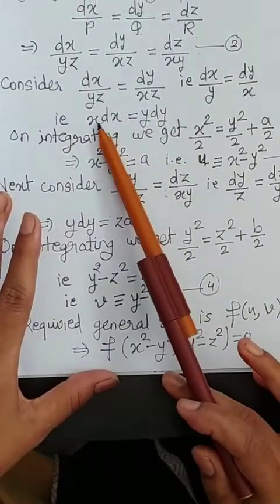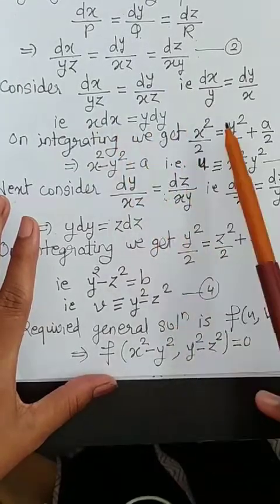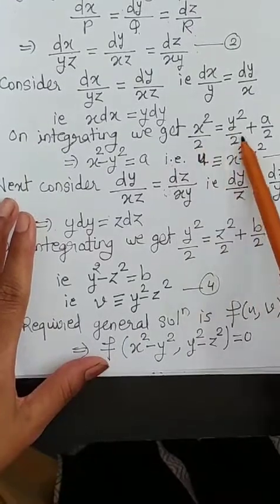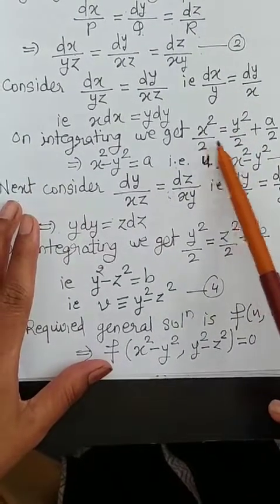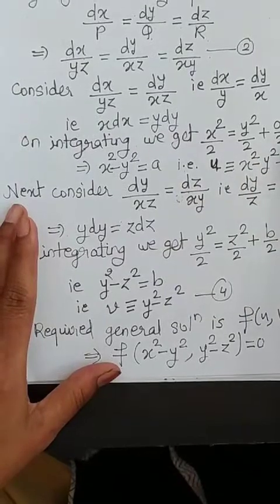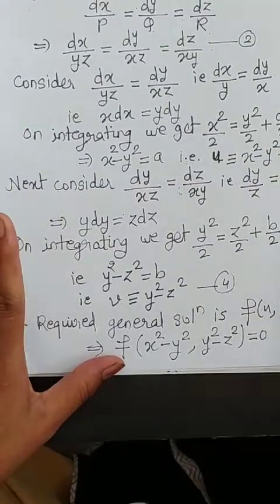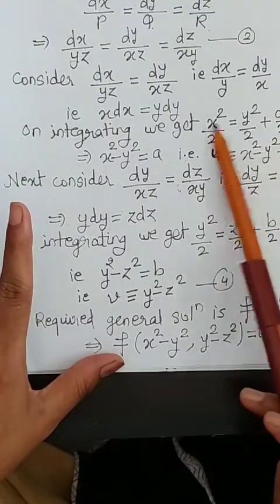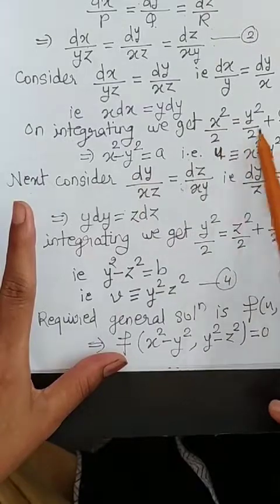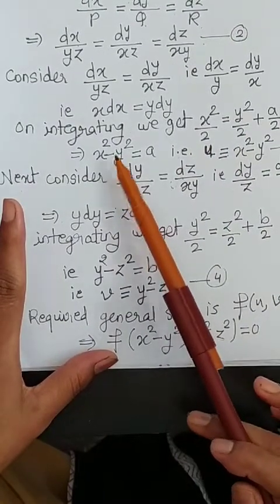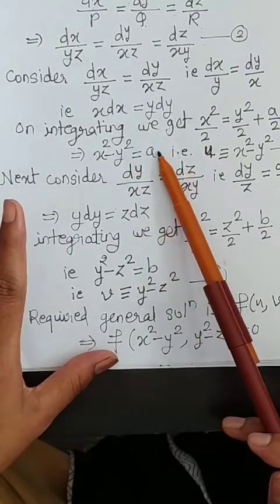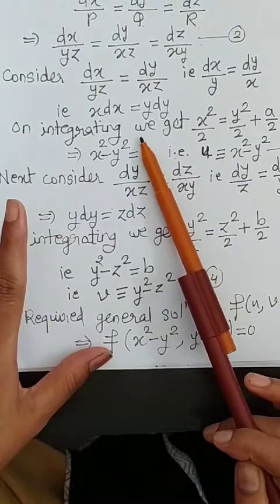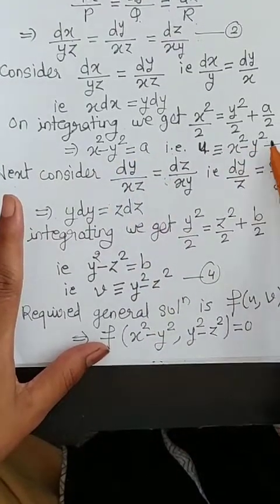Integrating, we get the integration of x with respect to x as x square by 2. Here the integration will be y square by 2. Now as both the terms have the form divided by 2, let us take the constant also as a by 2. You can take simply a also, right? That doesn't matter. So here I am taking a by 2. Shift all the variable terms on one side, the 2 will get cancelled. So what I am having is x square minus y square equal to a. Leaving the constant, the other term left is nothing but u. So what is u here? x square minus y square.